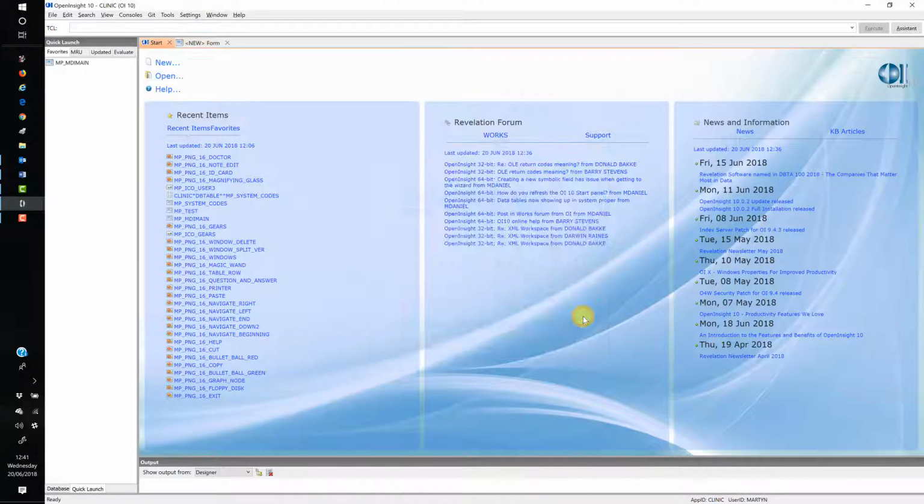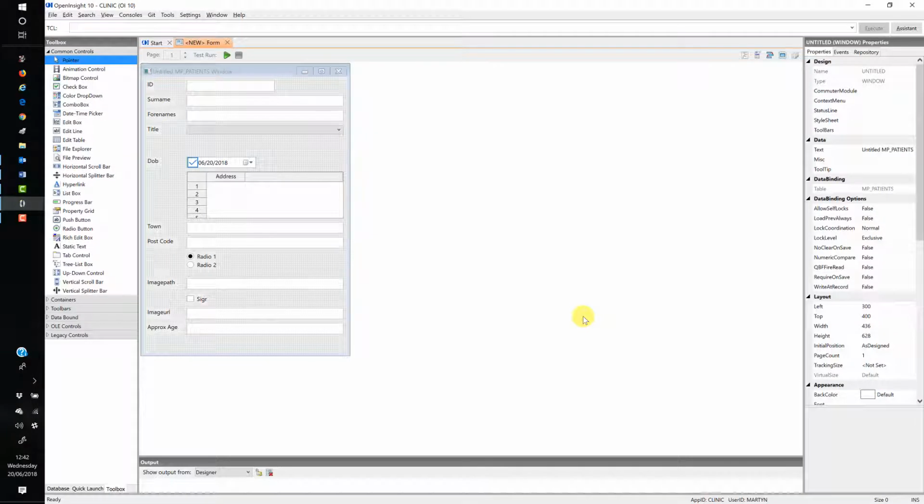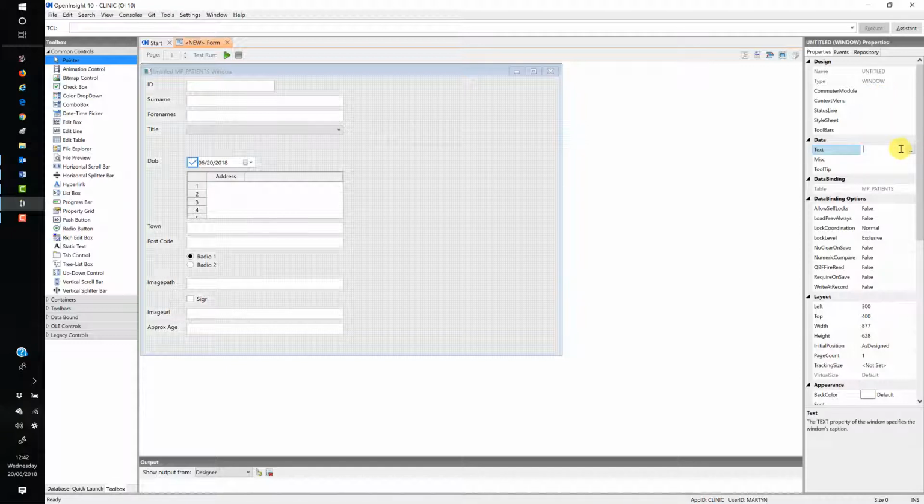So we click OK. OpenInsight will then go and create our window for us. I'm just going to drag this over to give me some room to work. And a few things I want to change in here initially is going to be the text for our window. So I want this to be patient records,